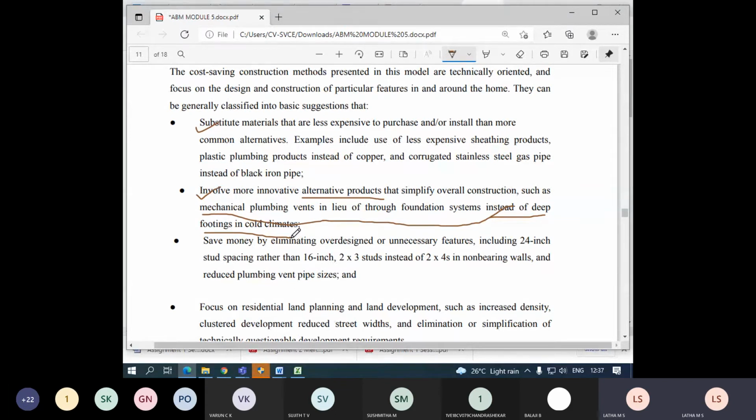So at some points you can avoid taking that through the foundation system, not taking it into the deep footing in cold climates. Not deep means it should not penetrate to the foundation depth. You can take it at the plinth level itself. If I don't want this one to run like this, I can go the other way.